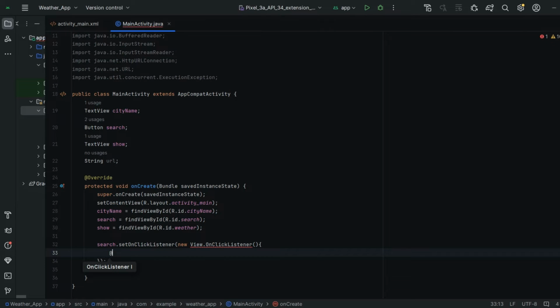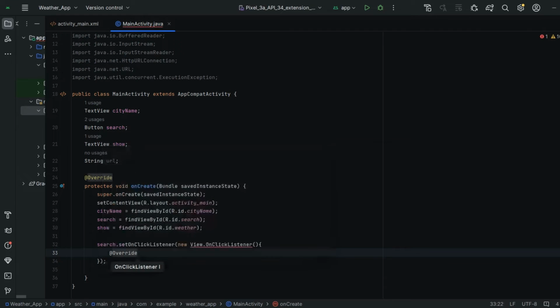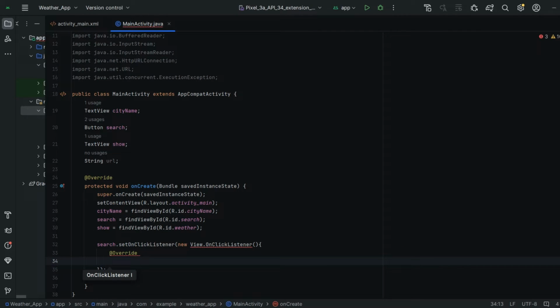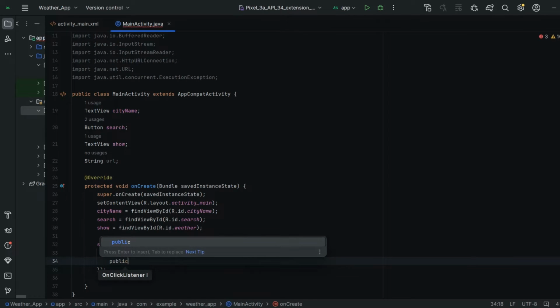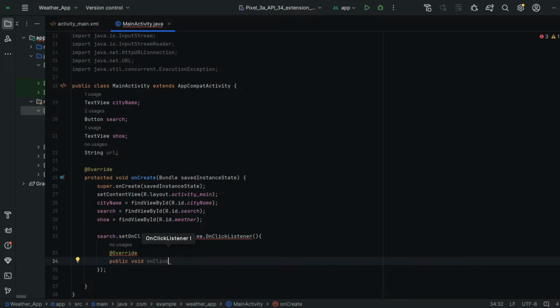Here first I am going to override it. I am going to create a void here, public void onClick, View. Sorry guys, it was capital V.